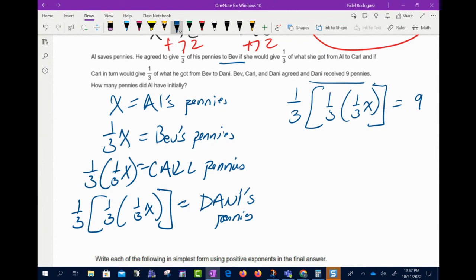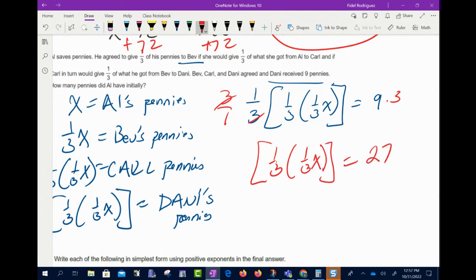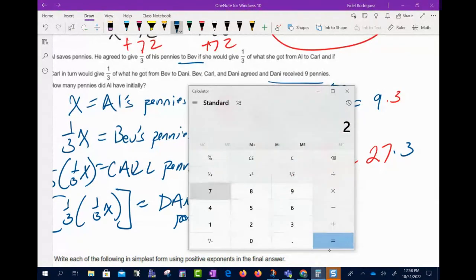But one way you can do this is you can say, look, how would I get rid of this 3 here? Well, let's multiply by 3 over 1. Okay, so this 3 and that 3 cancel. So I'm still going to be left with a 1/3 and a 1/3 X equals 9 times 3 is 27. Okay, and then you might say, well, look, how am I going to get rid of this 1/3? Well, let's multiply by 3 over 1 again. Okay, so this 3 and that 3 cancel. So I still have that 1/3 x. 27 times 3,